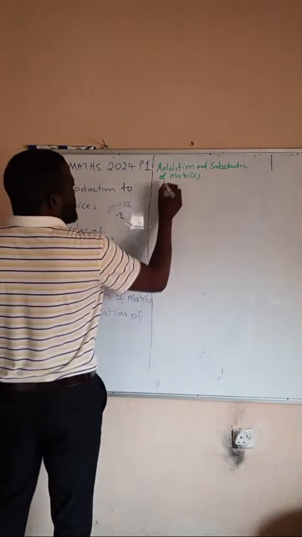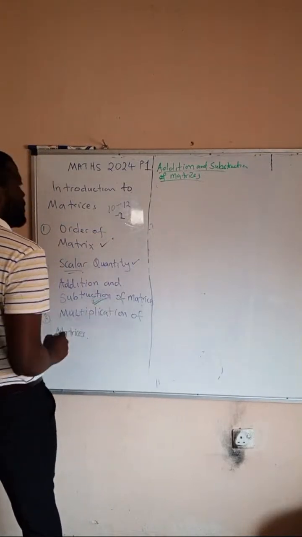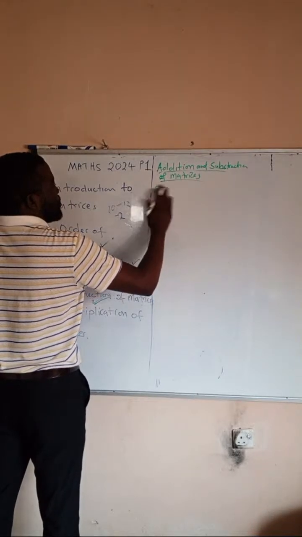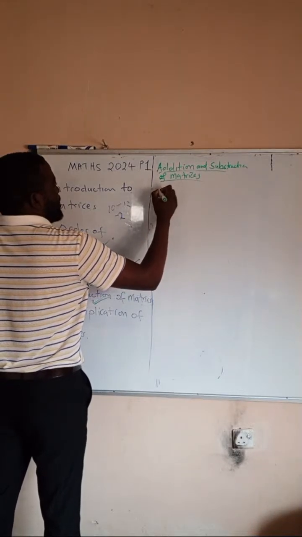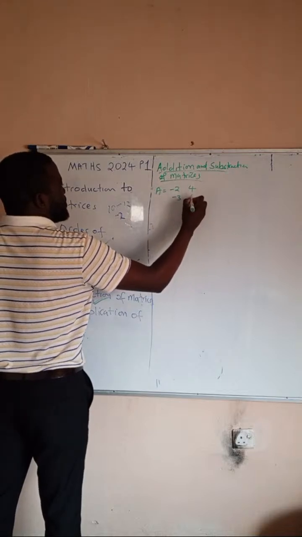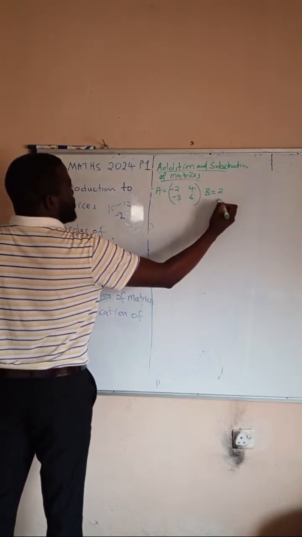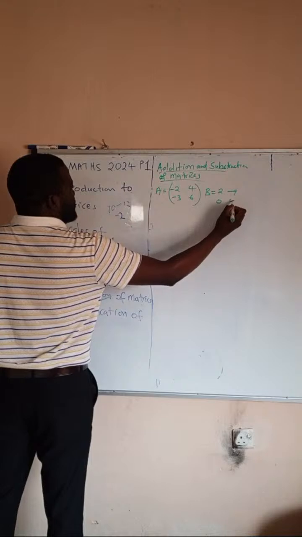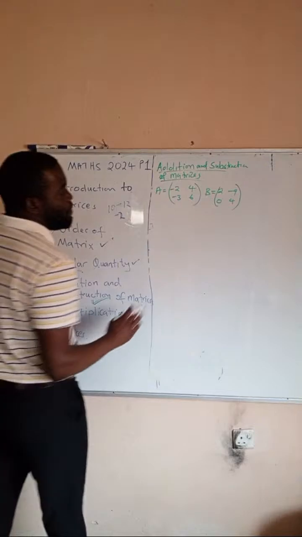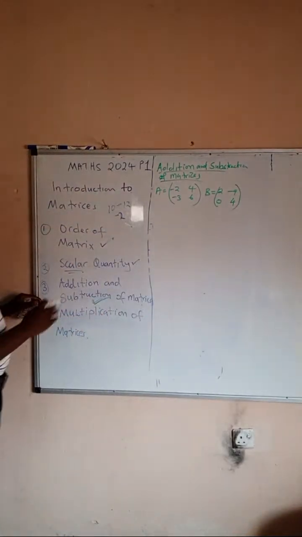Okay, so this is the third part we're looking at. Sometimes they can give you matrix A is equal to negative 2, negative 3, 4, 6. And then matrix B is equal to 2, 0, negative 9, 4. And then the question comes saying,